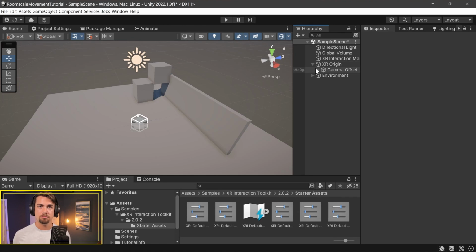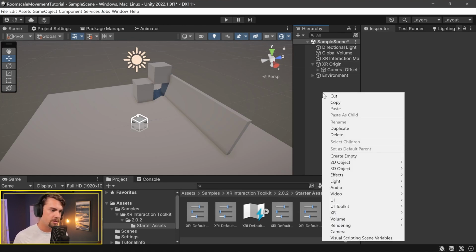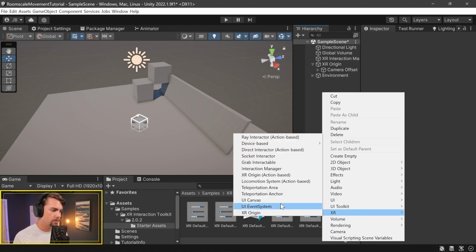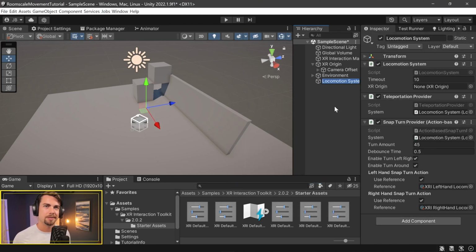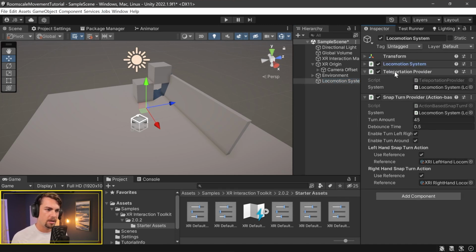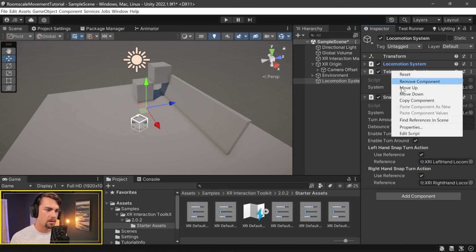Now, we can't move yet. So there's one more thing we need to add as far as XR for movement. So we're going to right click in our hierarchy again, go to XR, and we're going to add a locomotion system, action based. And action based just means we're using the new input system. So in the action based system, we are automatically given a teleportation provider and a snap turn provider, but I'm going to